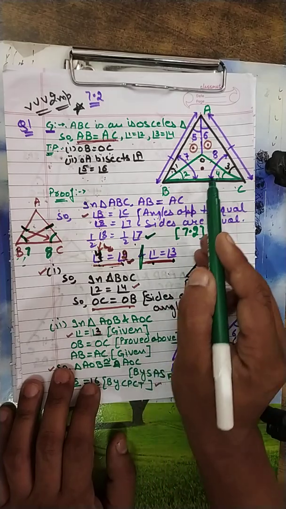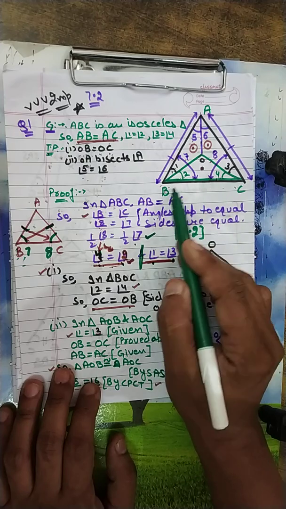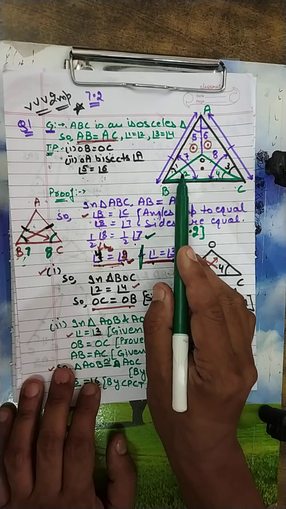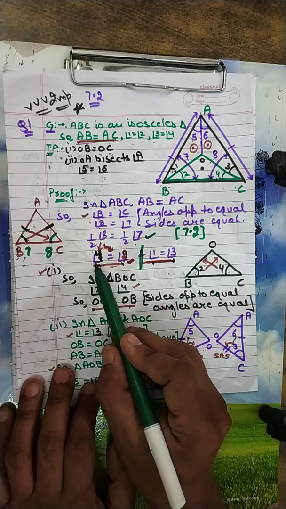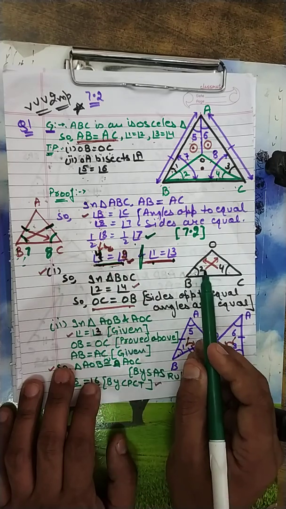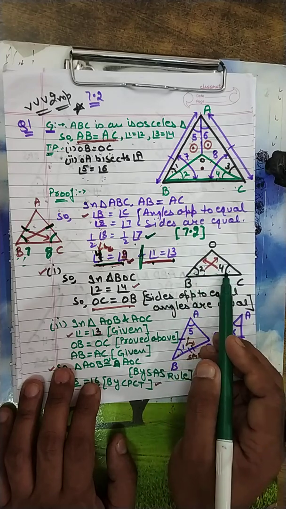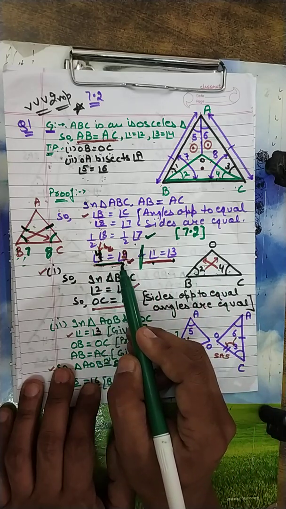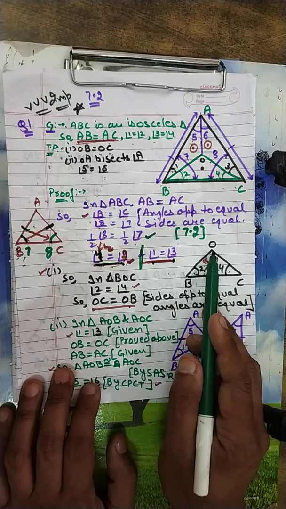Now in the lower triangle, you can see the green triangle BOC, the green one only. I have constructed here BOC. That is angles 2 and 4. Both angles are equal to each other, already proved. So their opposite sides are also equal. We have already proved angles 2 and 4 are equal here. It means their opposite sides are equal. What are their opposite sides? OC and